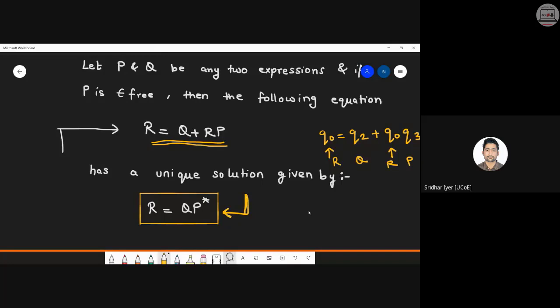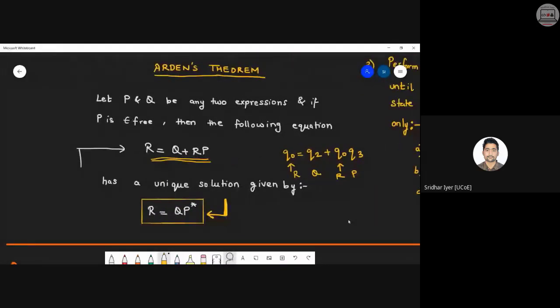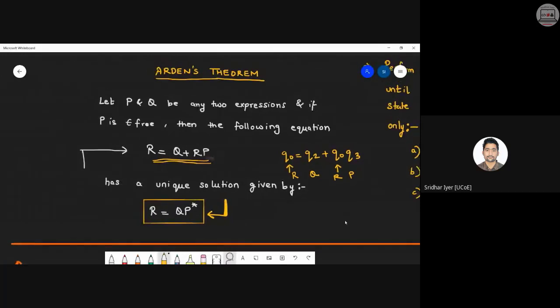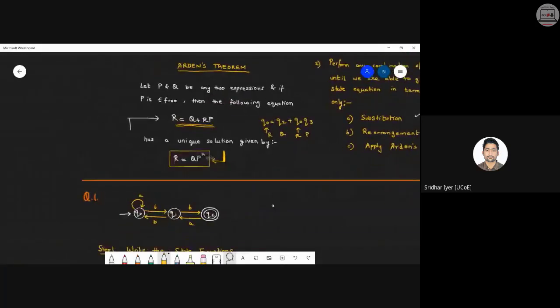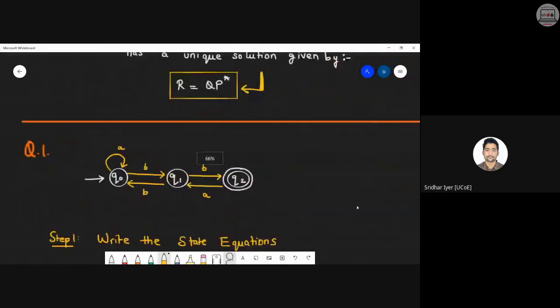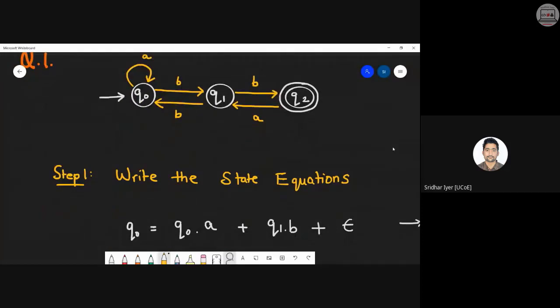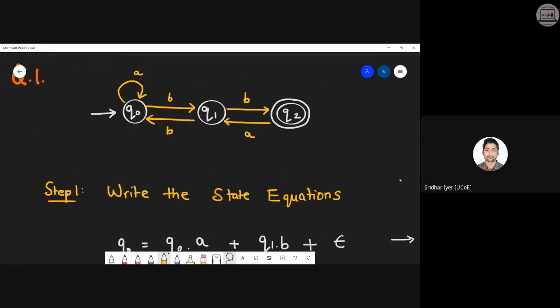Now let me explain this with the help of an example. Otherwise, the bouncer jayega. Okay. So let's start with exactly what is Arden's theorem, and then we can come to a conclusion whether you got it or not. Okay. So don't worry, what exactly is this? I will come back to it one by one. So let's start with the very first problem. Kindly draw it. It's very simple. Do it along with me because you need to go back and forth again and again. So it's better if you write it in your notebook and then we can solve it accordingly.